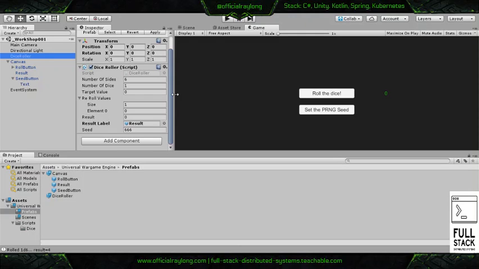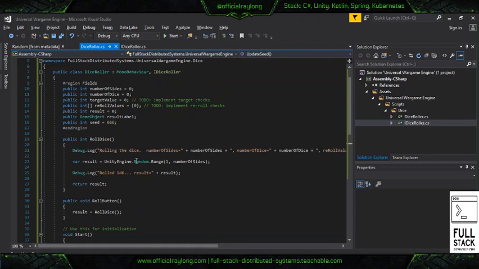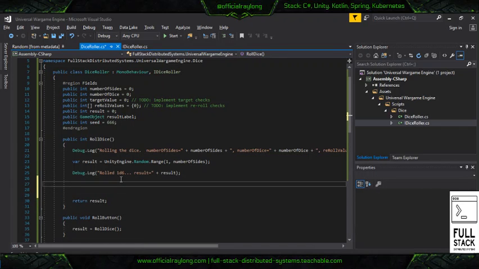Let's go over to the code. This is where we want to do our check, right? Because this is where we are encapsulating our dice rolling logic. So if result is less than target value,